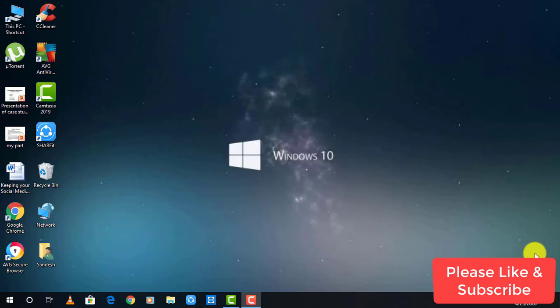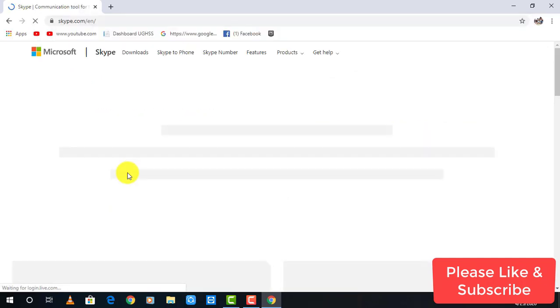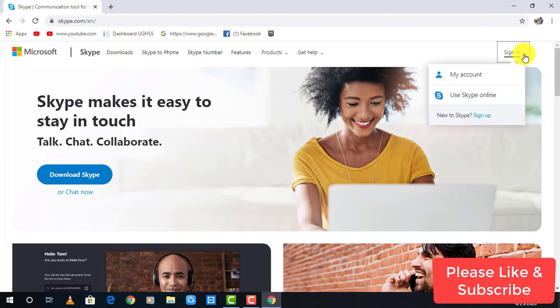To sign up for a Skype account, open any web browser on your desktop or mobile device, and in the web address bar type skype.com. Now it takes you to the official page of Skype, and after that in the top right-hand side you may see the sign in option. Click on the sign in option, and in the menu below you may see the new to Skype, sign up